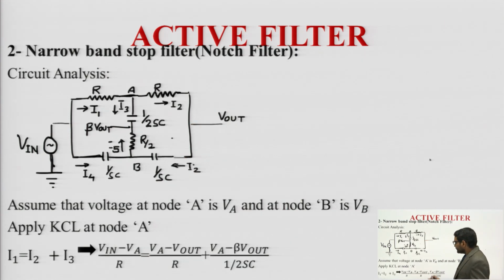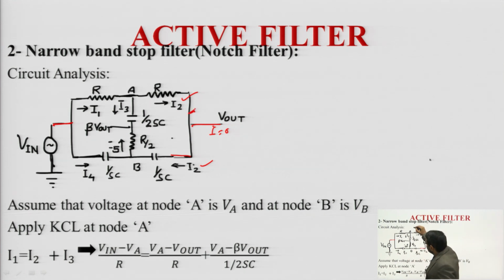Okay. So, this is the circuit, take the small cross section from the previous complete circuit. This is the V out, this is the beta V out, which we also discussed. First we consider all the branch currents, this is the I1, I2, and the current across R and 1 by C, this is the I2, because due to the high impedance of the op-amp, this side current will be 0. And we consider the two nodes.